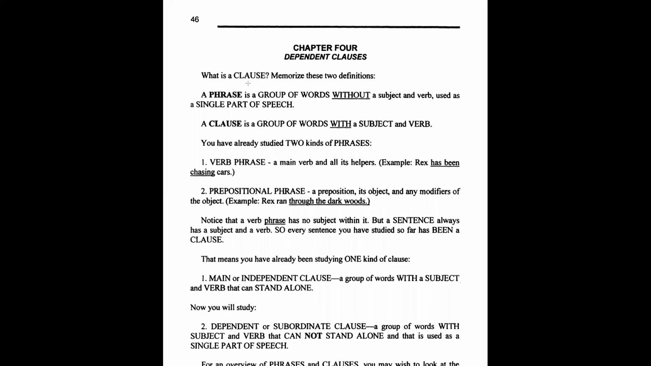So we've done phrases before. We've done prepositional phrases and verb phrases. Notice a group of words. So this is the genus that we're looking at, and both of these definitions share this. So a clause is a group of words with a subject and a verb. So we have a similarity between both definitions, group of words. And then we have a difference. The difference is that a phrase is without a subject and verb, whereas a clause is with a subject and